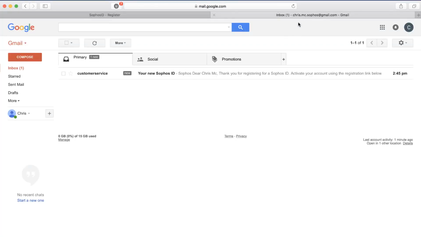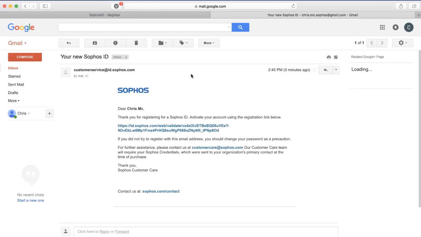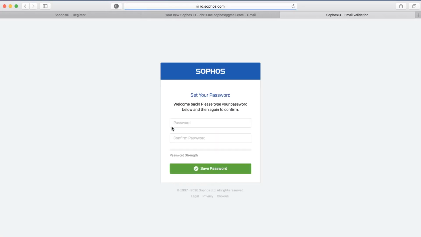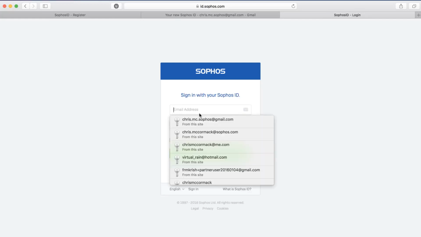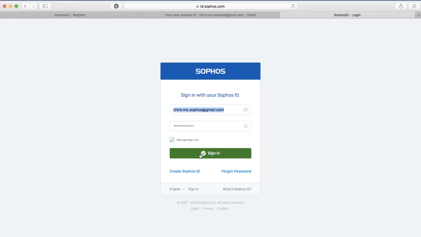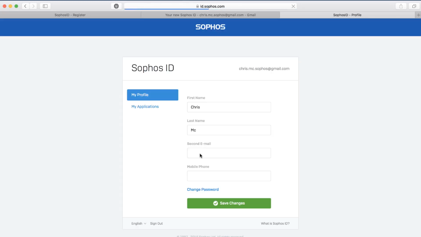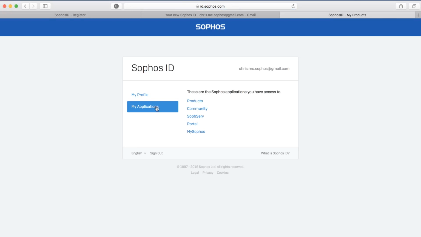If you don't see it right away, give it some time and check your junk mail folder in case your email provider inadvertently flagged it as spam. Click the link in the email to activate your account. Create a strong password and then log in using your new Sophos ID. Fill out the backup contact info if you like, save them, and then proceed to My Applications and select My